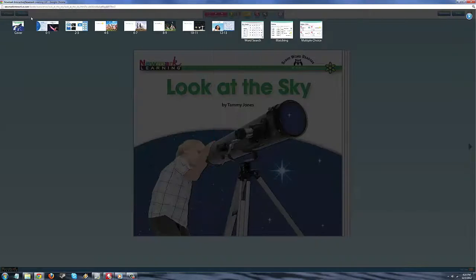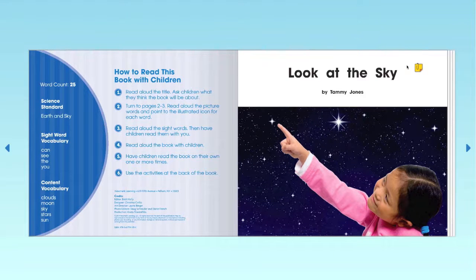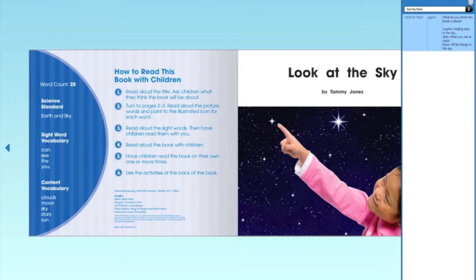The All Pages button acts as a visual table of contents and makes navigating easy and efficient. Clicking on a preview opens that spread of the book. The Notes feature allows me to customize the lesson and guide my students' reading experience based on their needs and my instructional goals. I can write my students' answers in the text box, then print out their answers and ideas